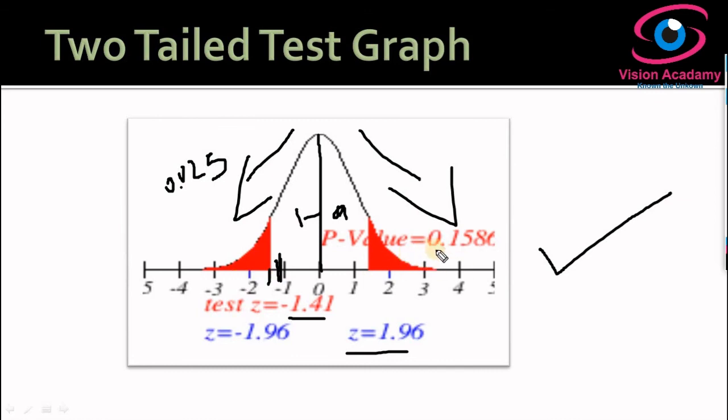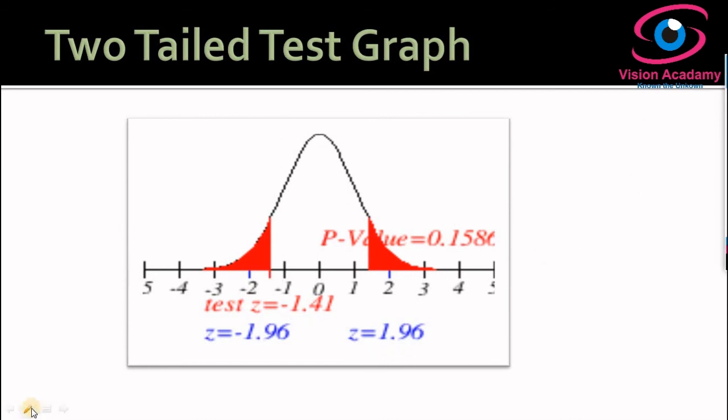You can also take the decision based on the p-value. You compare the p-value with your significance level, which in this case is 0.05. To take the decision based on the p-value, if the p-value is greater than alpha, the significance level, you will retain the null hypothesis. In this case, your alpha is 0.05, whereas your p-value is 0.1586. Since the p-value is greater than alpha, we will retain the null hypothesis.